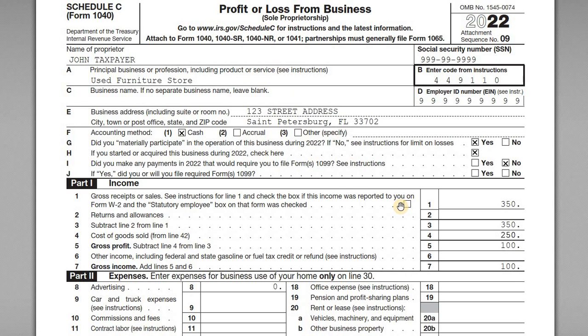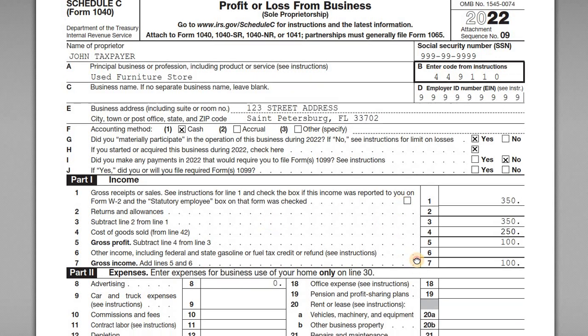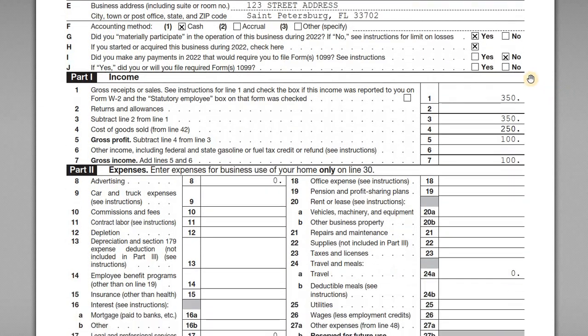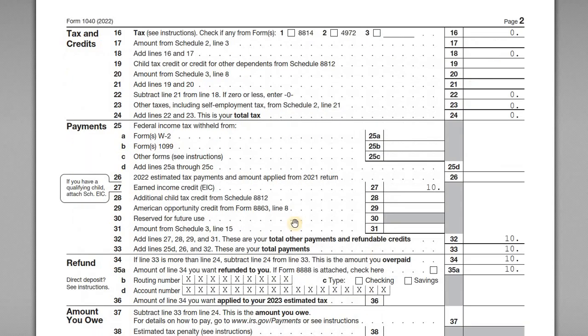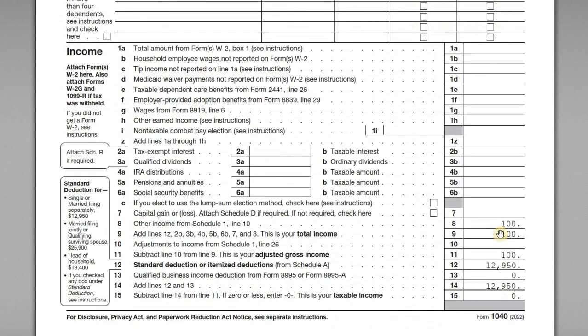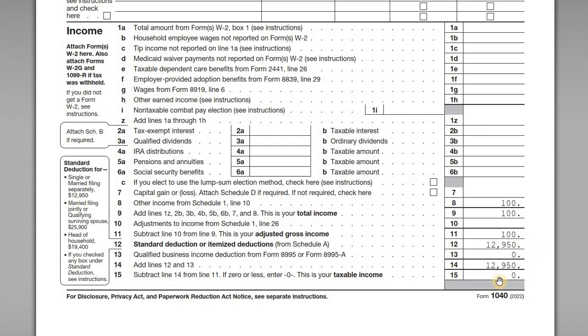So it's a very simple Schedule C. Obviously, you could have some more deductions in there perhaps, but he's got the gross receipts there from the sale of the furniture. He's got his cost of goods sold, that's the inventory of $250, and there's his net profit of $100. Now, if we look at pages 1 and 2 of his return, there's his $100 in total income, right? So his AGI is $100, but then the standard deduction, again, completely wipes it out. So $12,950, and his taxable income for federal income tax purposes is $0.